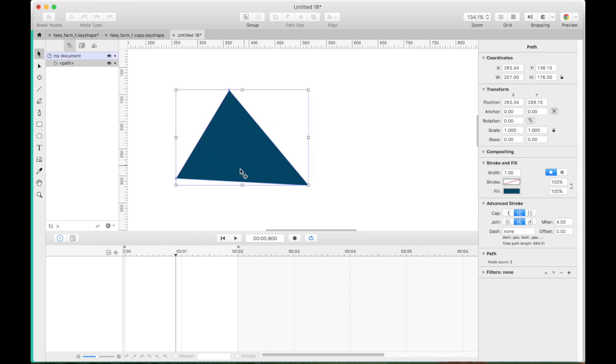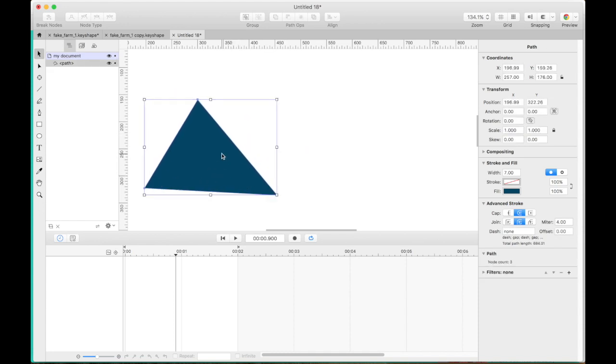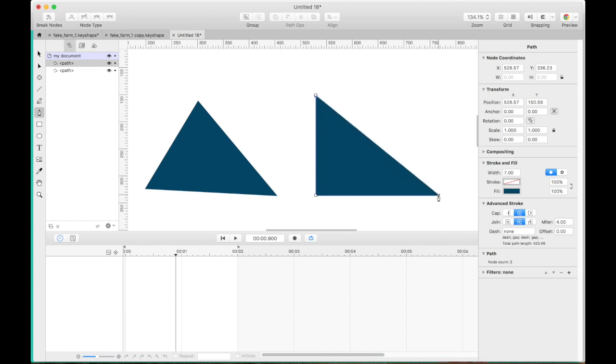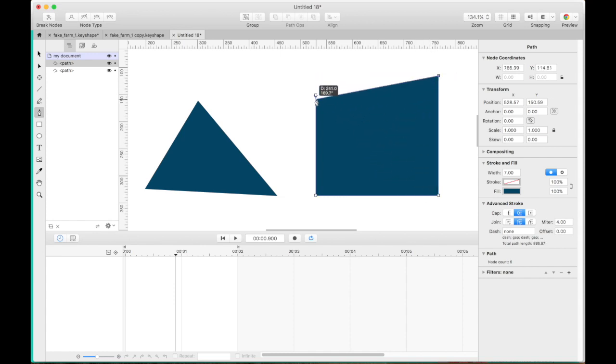So I'll show you what I've done so far, and then we'll talk about what I want this thing to be able to do. I'm also going to do a pen tool of a square. It doesn't have to be perfect because that's the idea. A couple things to note is that when you click over on path, it shows you the node count, and the nodes are representative of these different endpoints. That's 1, 2, and 3 nodes. So this then has 4 nodes, right? 1, 2, 3, 4.